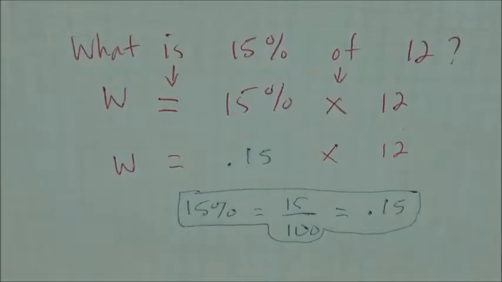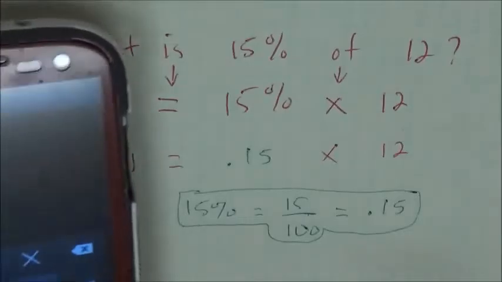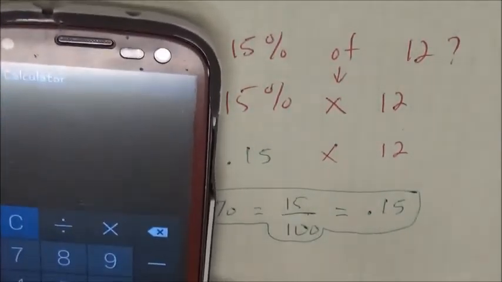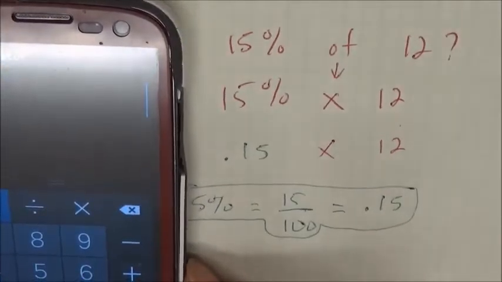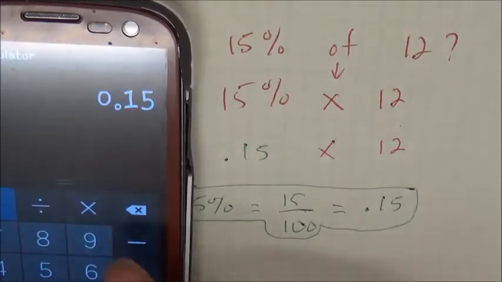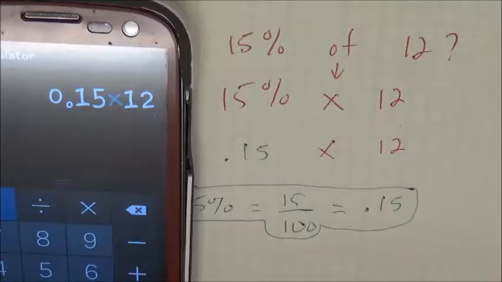Let's see. I'm going to take out my phone here so that we can look at the calculator on the phone, if I can get it to stay. So here's the calculator on the phone. I'm going to set it here. We have W is equal to 0.15 times 12. So 0.15 times 12 is equal to